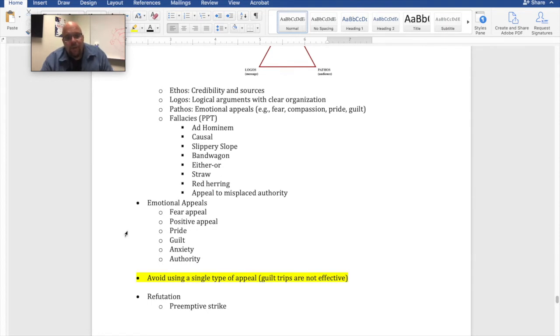And you've got the example of guilt trips. If you just try to guilt someone into doing something and that's all you use, there's no reward. They call it the carrot and the stick, right? The carrot is the reward, the stick is the punishment. If you're all stick or all carrot, you're going to lose people who are motivated by the opposite. So, the ideal argument when it comes to pathos, anyway, will use things that are considered positive and things that are considered negative in tandem with each other. But those two, fear and positive, they're very popular, but they're not the only ones.